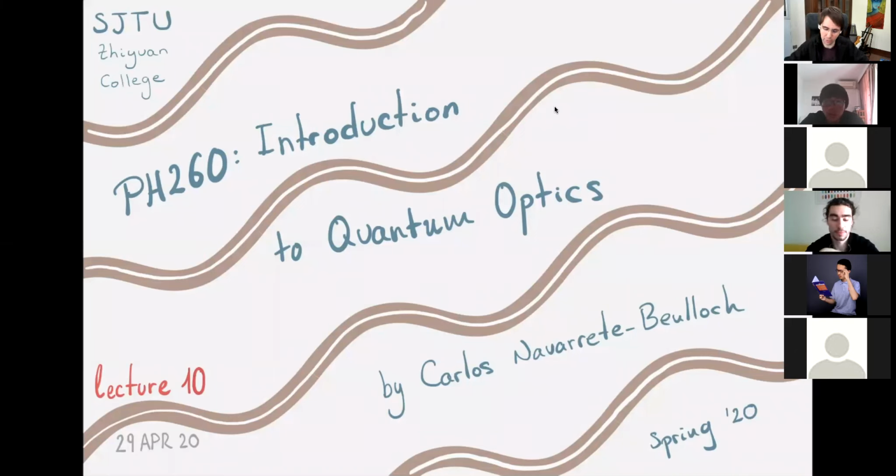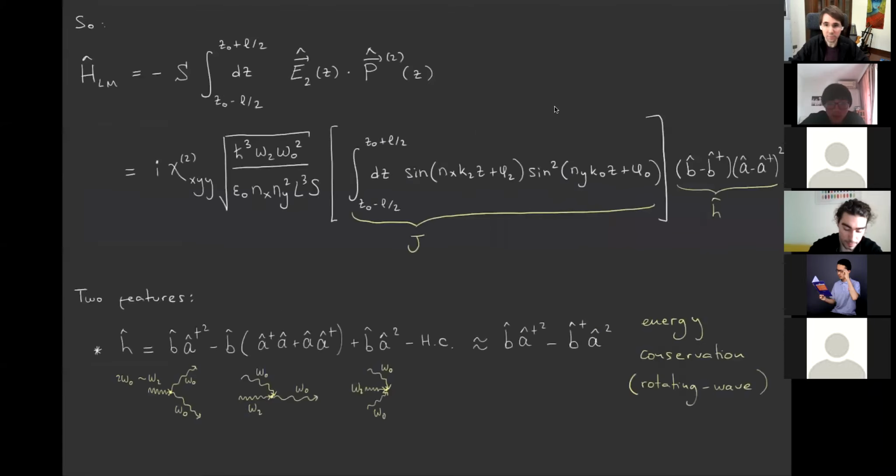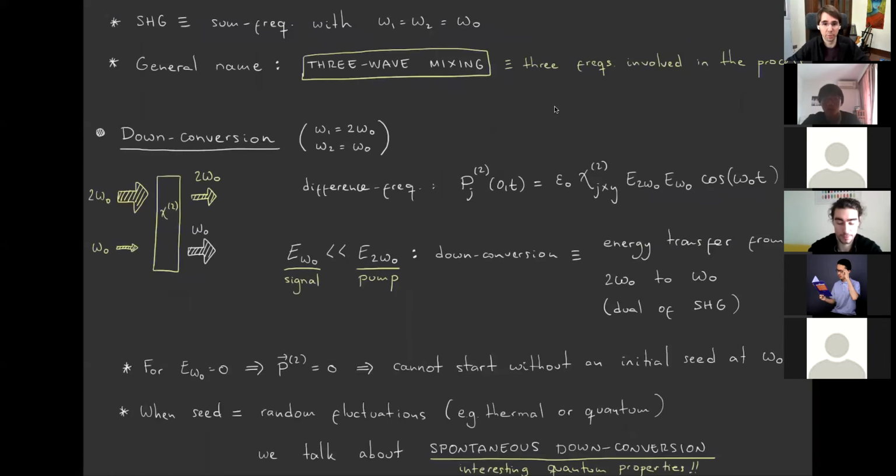But before we start with all that, let's finish the chapter about interactions between light and matter. And let me, as we usually do, review a little bit where we are. I remind you that what we are doing at the moment is the quantum theory of a nonlinear process, a frequency conversion process that we call down conversion. This process consists in the following. We have a dielectric with second order nonlinearity. And when we pump it with frequency 2 omega 0, so when we shine a very strong monochromatic laser